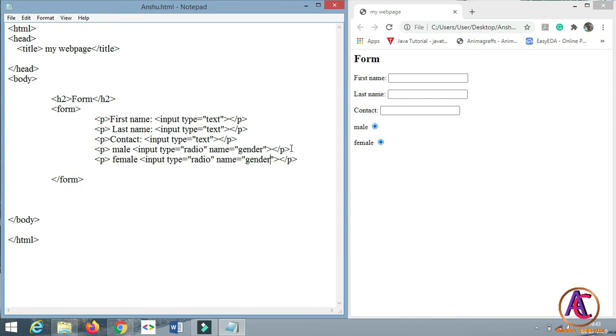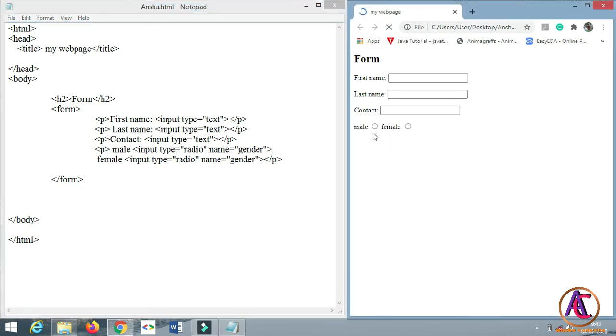And to put both of them on the same line we have to create a single paragraph for both of them. So save it and refresh it so that male and female are on the same line and we can select one option from both of them.